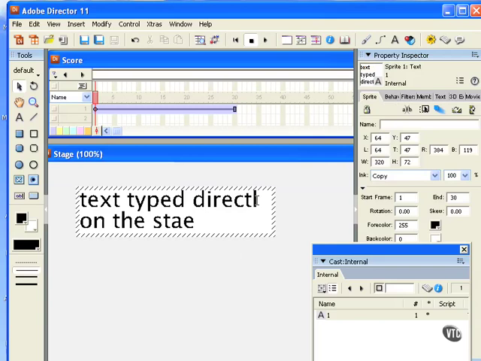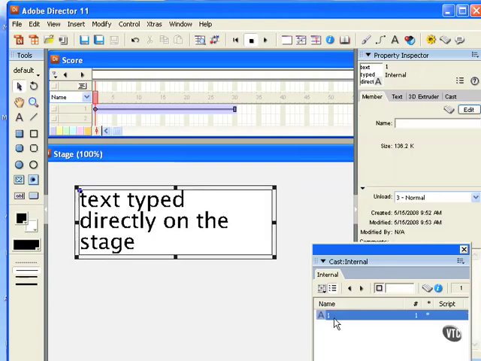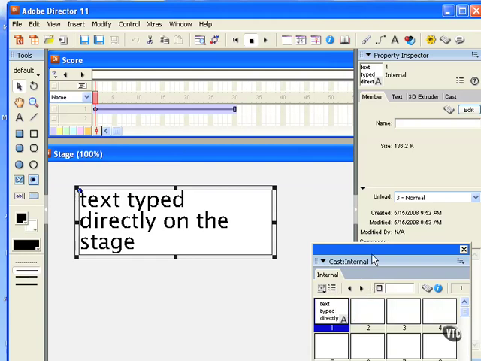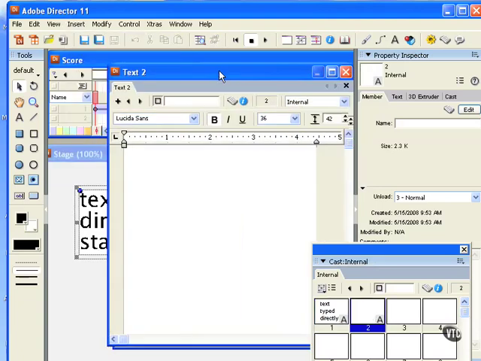Notice you can always go back if you have mistakes and fix those mistakes by just clicking with the black arrow tool on the mistake. You'll also notice that the text cast member, after you type it in, occupies the first available position right there in the cast window. If you need more formatting control, you can also create text cast members in the text window. To do that, you'll want to choose Insert, Media Element, Text,